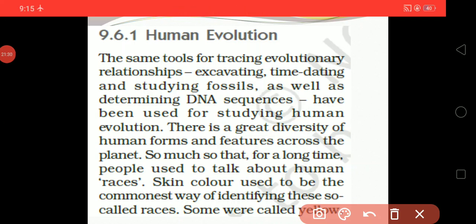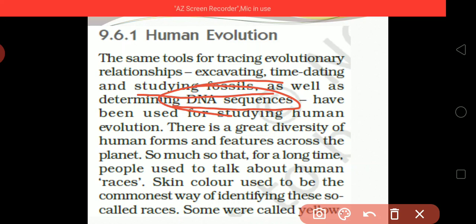The same tools for tracing evolutionary relationships: excavating, time dating, and studying fossils, as well as determining DNA sequences. From that, evolution can also be seen, and these have been used for studying human evolution. There is a great diversity of human form, and in human form you can see a great diversity of features across the